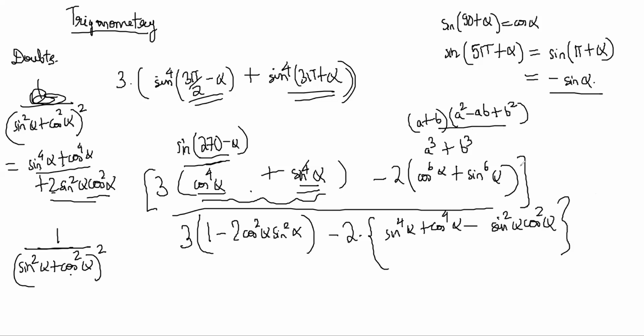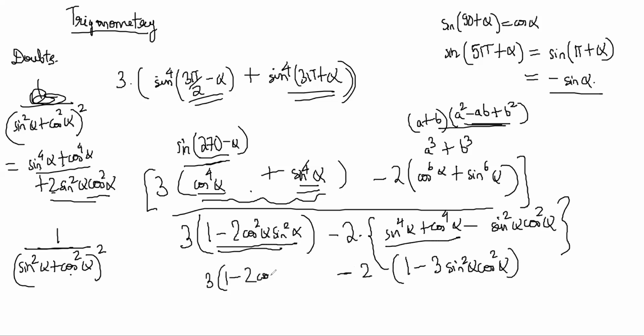This is the second term, which when you do a square, it becomes sin power 4. And sin power 4 and cos power 4 alpha I already know is 1 minus 2, this thing. So I'll replace it with 1 minus 2. So the whole thing becomes 1 minus 3 sin square alpha cos square alpha. Minus 2 and 3 into 1 minus 2 cos square alpha sin square alpha. So now this is minus 6 and this is plus 6. So this gets cancelled. 3 minus 2, answer is 1.